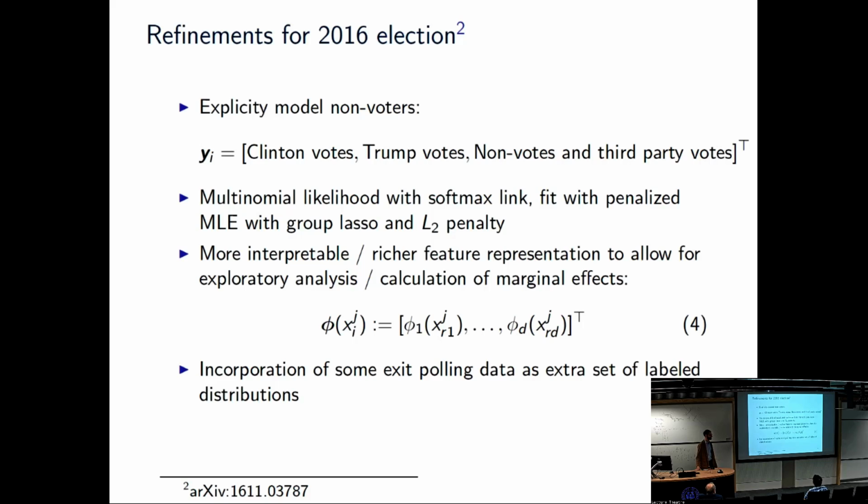We were working on this in September and October of last year. And we had this issue, which was one I kept foreshadowing, right? We're not modeling the right thing. We're treating everyone as a potential voter, and we're looking at vote outcomes. We're treating everyone as a voter, not a potential voter. So it's sort of amazing that we weren't farther off, because non-voting in the US, abstention, as they call it in other places, is a huge thing, right? American elections have, I don't know what, like 55% participation in the US? It's low. It's a lot of people who didn't vote. And there are significant third-party votes.